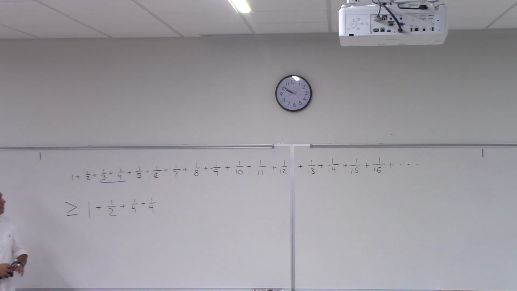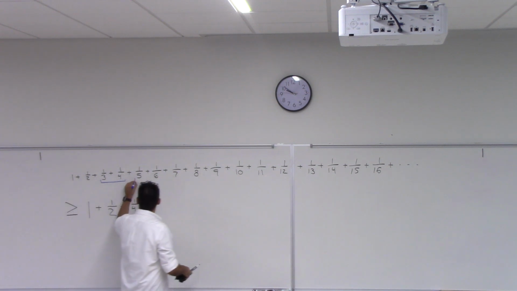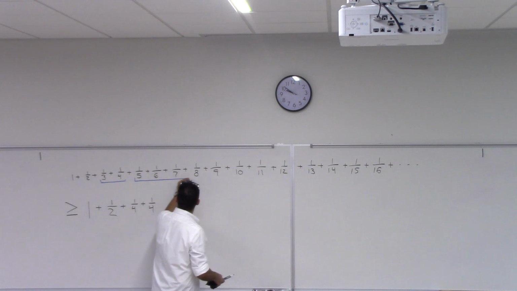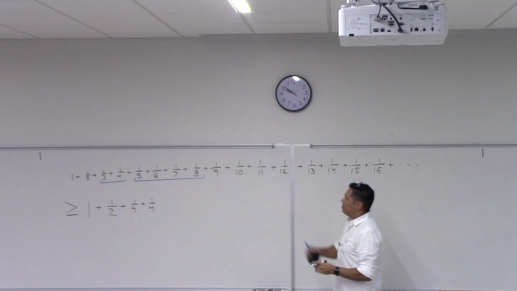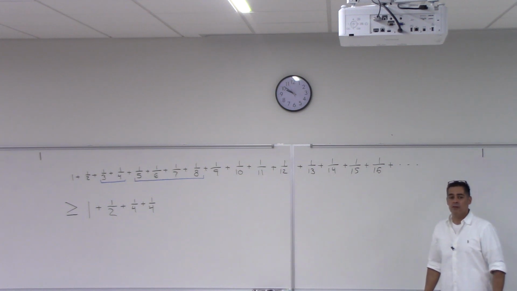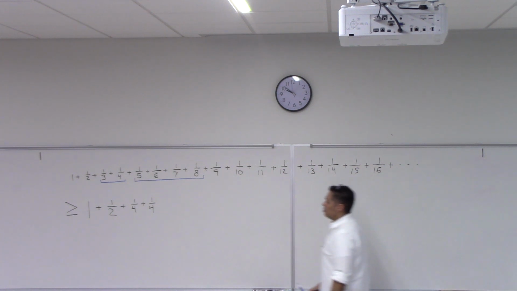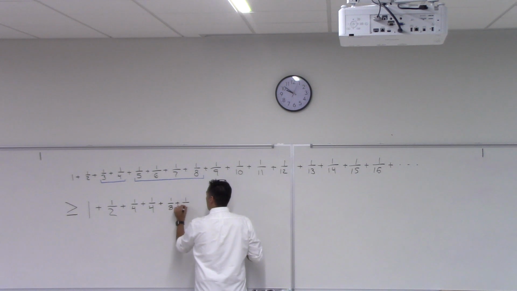Okay. Now what I want you to do is look at the next, not 2, but the next 4. What's the smallest number in that list of 4 numbers? 1/5, 1/6, 1/7, 1/8. What's the smallest number? 1/8. So do you agree still that if I add now 4 of these 1/8, if I do 1/8 4 times,